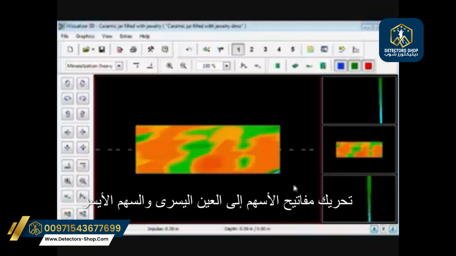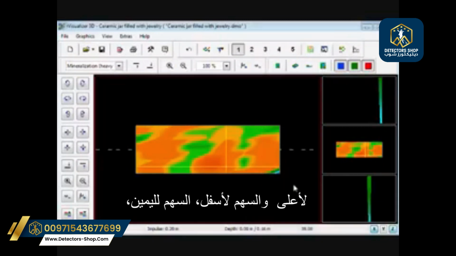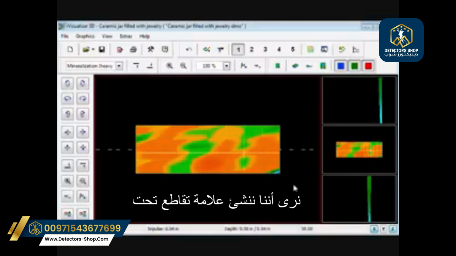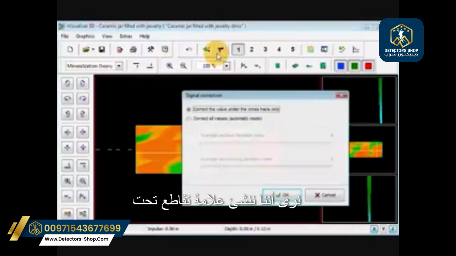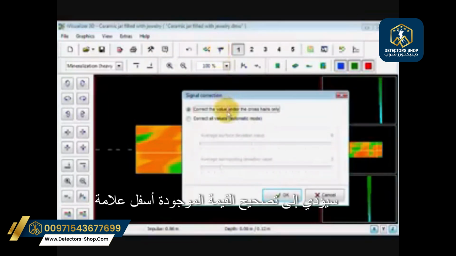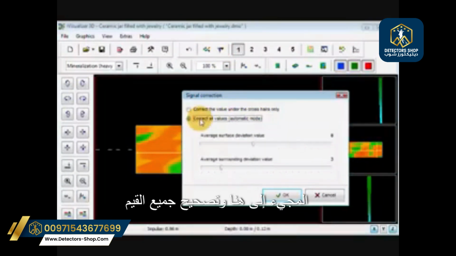By moving with our arrow keys, left arrow, up and down arrow, right arrow, we create crosshairs. Under the signal correction here, we can correct the value under the crosshairs only, automatically, or we can come here and correct all values automatically. Both may be an option depending on what you're looking at.